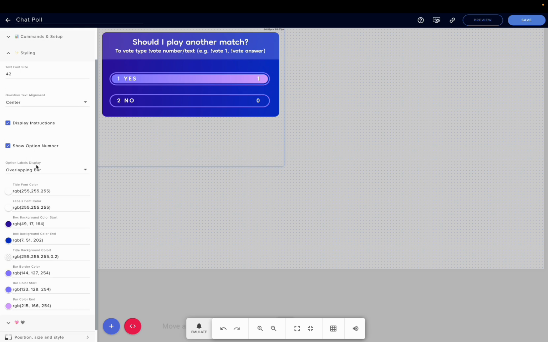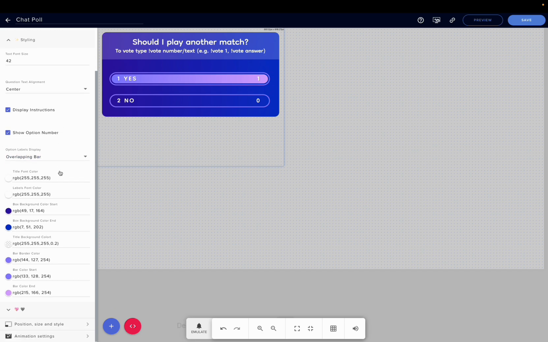And then you can either show the labels overlapping the bar like they're currently doing. It gives you a little bit more space. Or you can put them above the bar and they'll show here. And then you have all your color options, so the title font, the label fonts, what's in or above the progress bars,